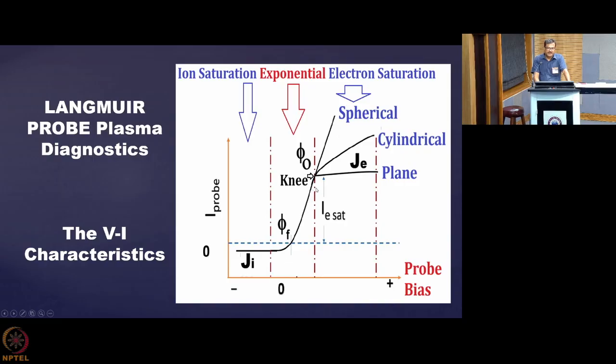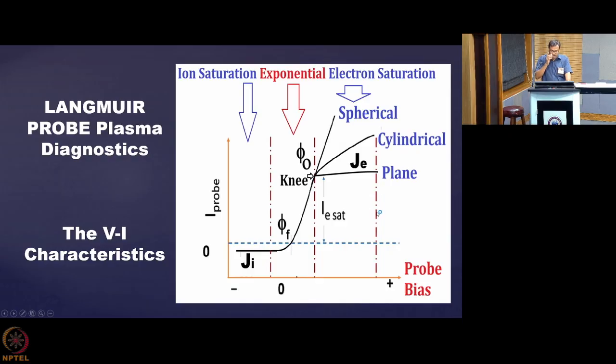We will be using this mostly linear part of this zone for finding the electron number density. This is basically the exponential zone, but this part almost looks linear, and after that there is another linear zone. This is almost a saturation zone, slightly increased because of the space charge effect. So there is a slight increase in the current, but this is mostly the electron saturation current zone.